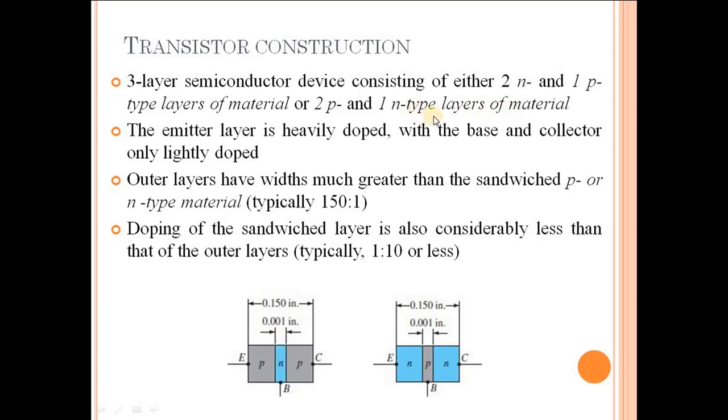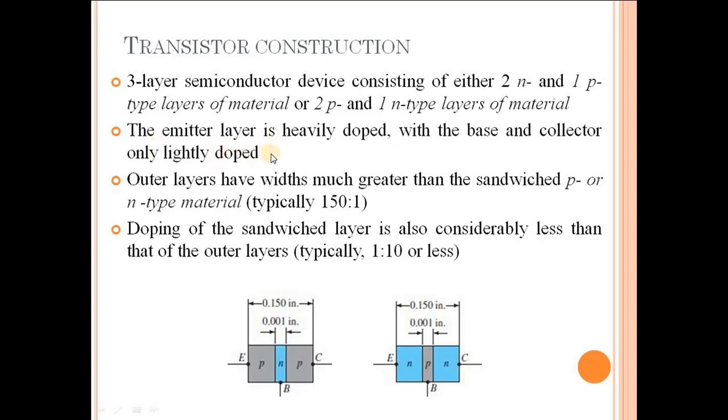giving rise to three terminals, and the three terminals are named as emitter, collector, and base. Emitter, base, and collector terminals. For a particular BJT, the emitter, base, and collector terminals are very much unique. You cannot treat the emitter terminal as collector, you cannot treat the base terminal as emitter, or anything like this. So every terminal in a particular BJT is very much specific.